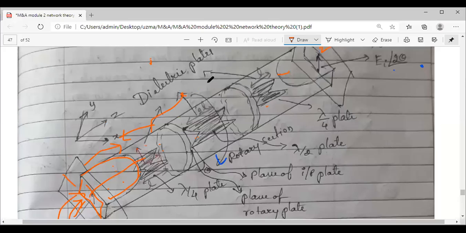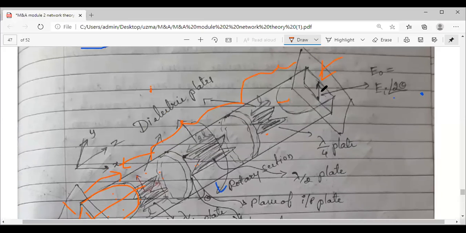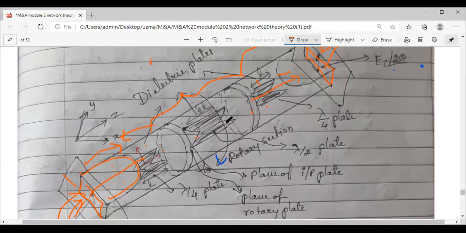Similarly, this is your center rotary section. After that, at the second port, if the wave comes out from the circular section, it will move, and there is a transition here, circular to rectangular. After this transition, again you will have a rectangular waveguide. So again, it's a combination, right? You have the center circular section, and on two sides you have transition sections, circular to rectangular or rectangular to circular.